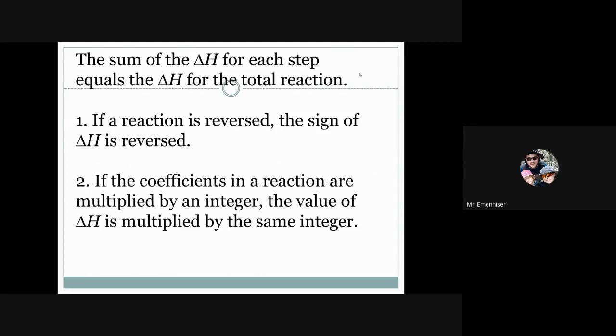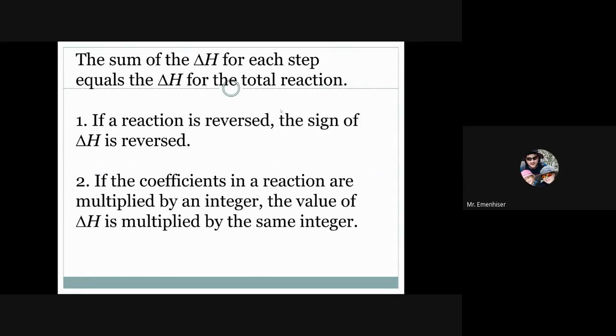And then when we add up each step in our reaction, some things should cancel out, and the only thing that remains should be our target reaction. And if you've got the reaction and they add up just right, then the delta H's will add up just right if you do the same thing with their numbers. If the reaction is reversed, then the sign of delta H is reversed. If you multiply by some coefficient, some number, 2 or 3, then the delta H for that reaction will also be multiplied by the integer, and then you add up all of the delta H's to get the total delta